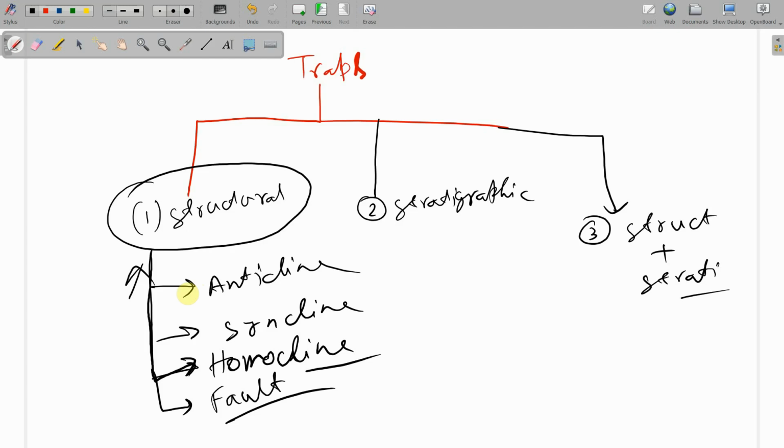Okay, so what happened, the structural traps are generally formed due to the tectonic activity, due to the earthquake events. Okay, and in the layered rock forming force,